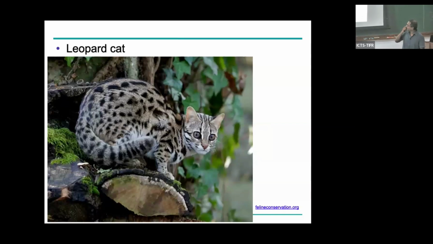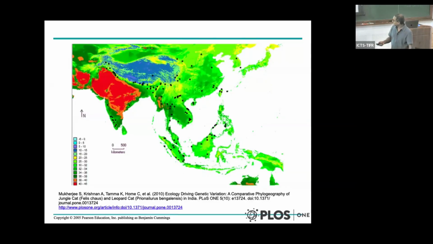So let me give you another example. Do you all know this species? Yeah, so this is the leopard cat. Of course, I left the name there. I should not have, but yeah. So the leopard cat is a small cat found in different parts of India. And some